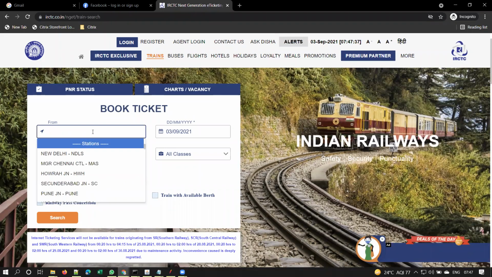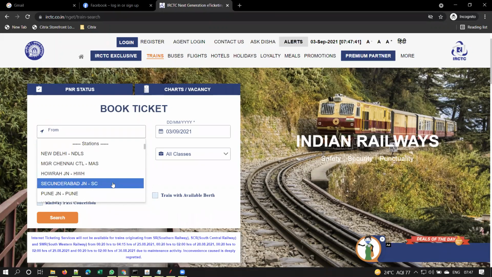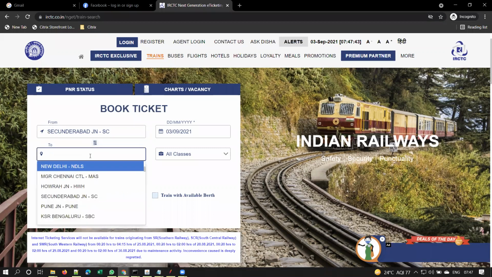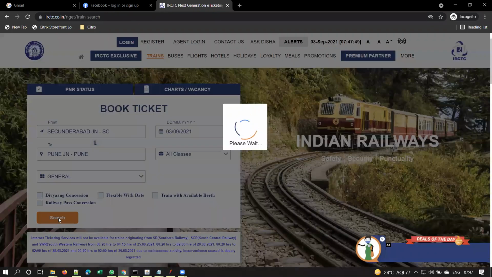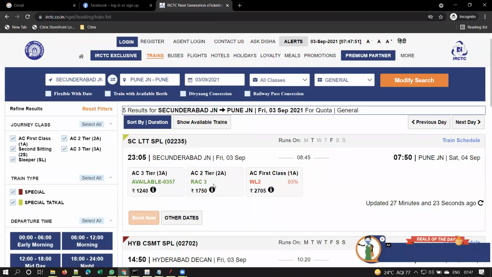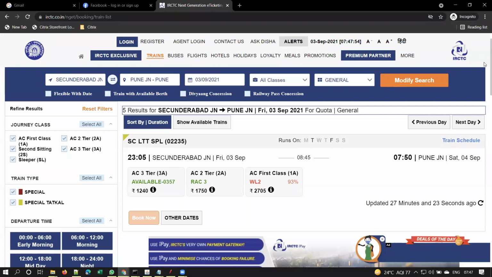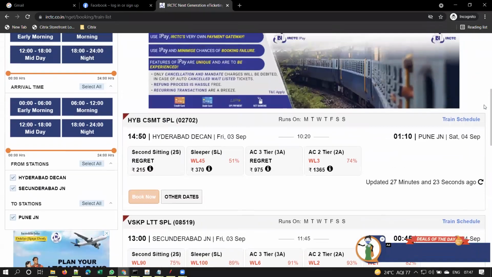Now suppose you search for trains from one location to another, taking the IRCTC example, and you click on the search button. Does this content change? Is this static content or dynamic content?